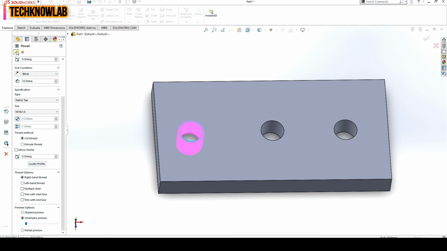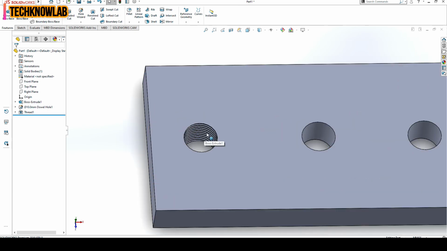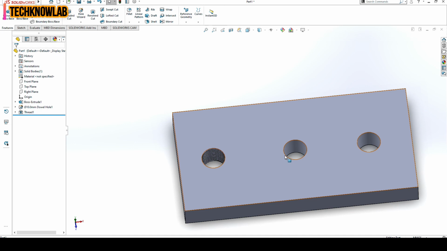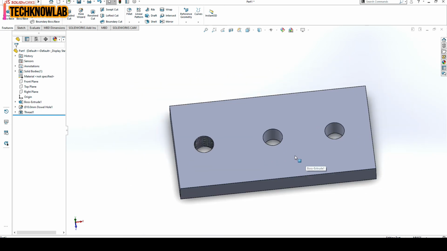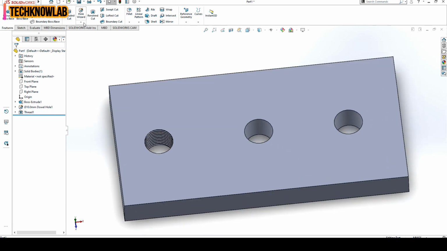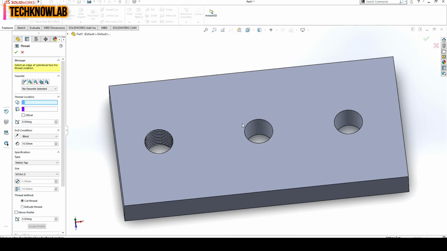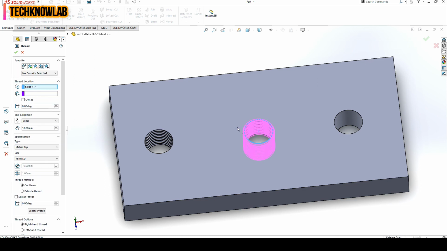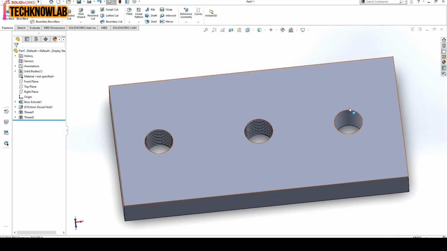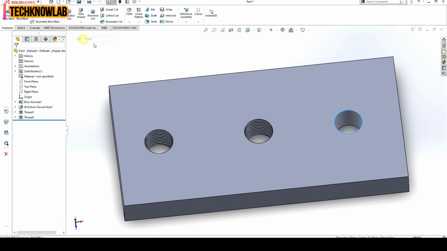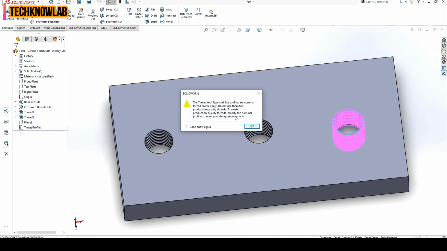Now we confirm it, and the threads have been made. So this is the way in which we make the threads automatically. Again we will choose, confirm it, and again select the outer profile of this circle, and all the parameters are the same.